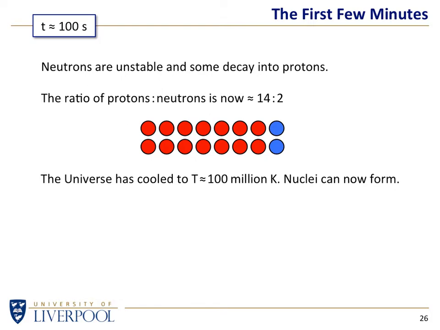That still might sound extremely hot, but to an astrophysicist, that is not particularly hot. The core of some big stars, not necessarily our sun, might have a core temperature of about 100 million Kelvin. So we're no longer at the point of ridiculous temperatures. We're now at the level of temperatures that occur inside stars that might be only a few light years away from us. The universe is now cool enough that protons and neutrons can get together. Again, the Russian doll. We've been building up from the bottom upwards. Quarks have made protons, quarks have made neutrons.